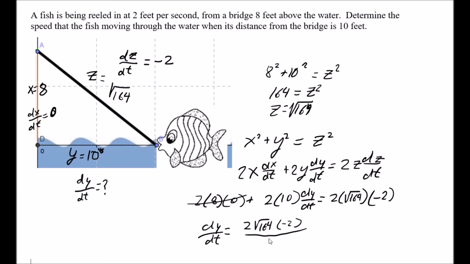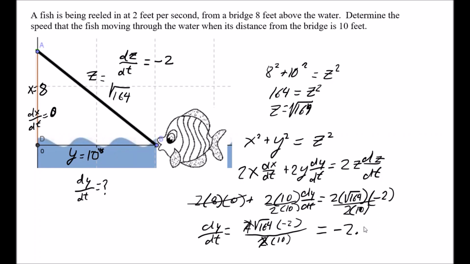This is just going to be a calculator maneuver right here. I'm going to divide both sides by 2 times 10. Hopefully you can see what I'm doing, right? I just divided both sides by that. Just a little bit of algebra there. Oh man, I'm getting messy. What's going on? All right. Hey, I can even cancel out these 2's. So I'm just going to stick this in my calculator, and the answer is -2.6,